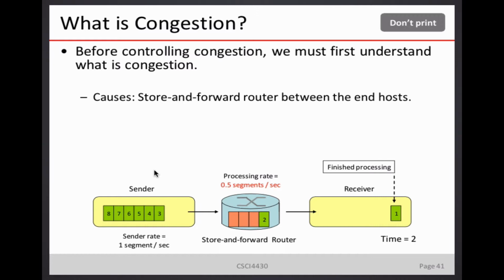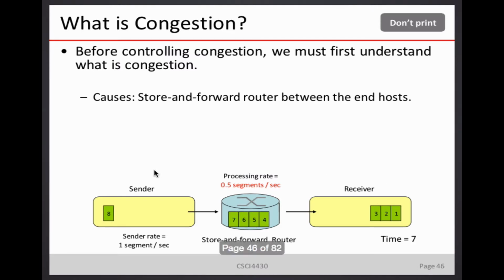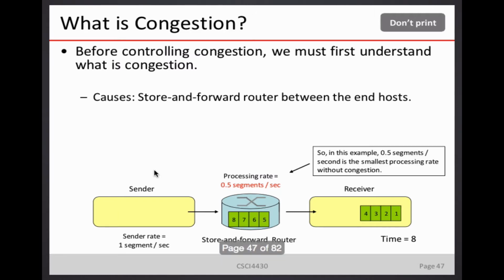At time equal to 3, we go like this. At time equal to 4, packet 2 will be delivered to the receiver, and the 4th packet will arrive at the router. Time equal to 4, 5, 6, 7. At 7 there is some problem now: all buffer space is used, okay? We don't have any problem yet because at time equal to 8, we can process the 4th one.